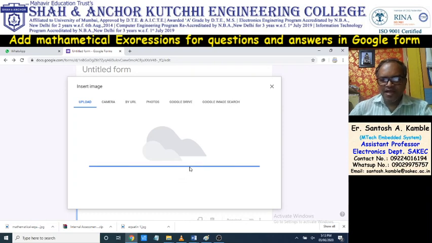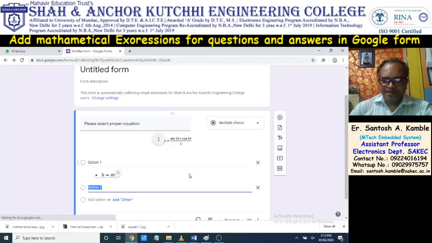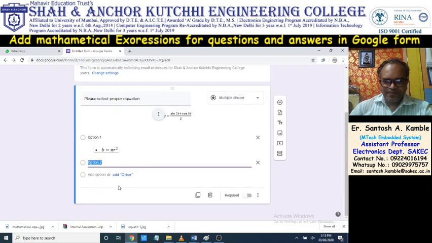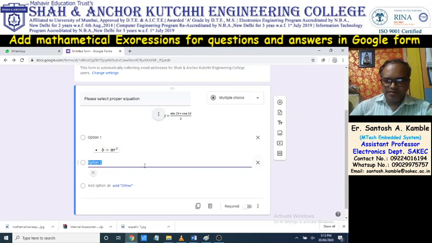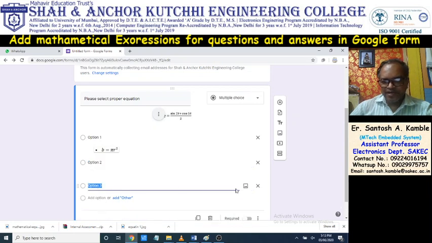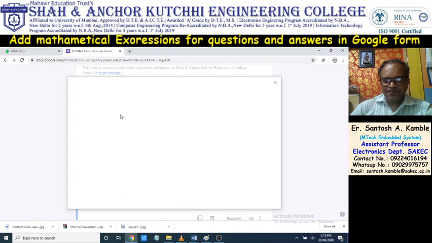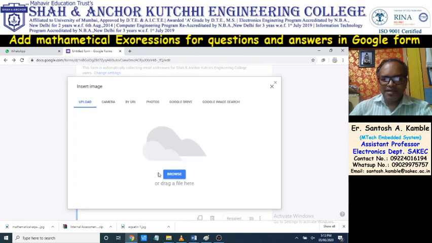So in this way you can add n number of equations in questions as well as in answers. So the second image will appear here. Similarly you can add the third option. You can add images.